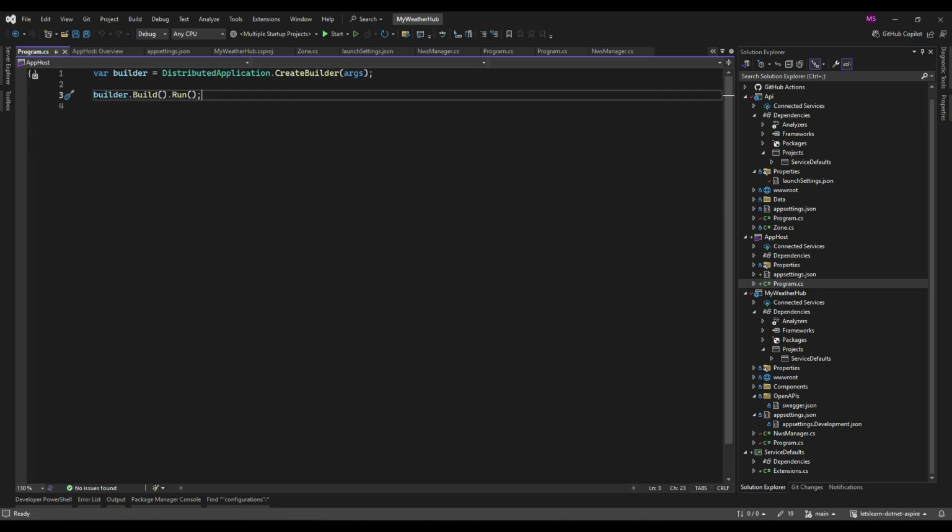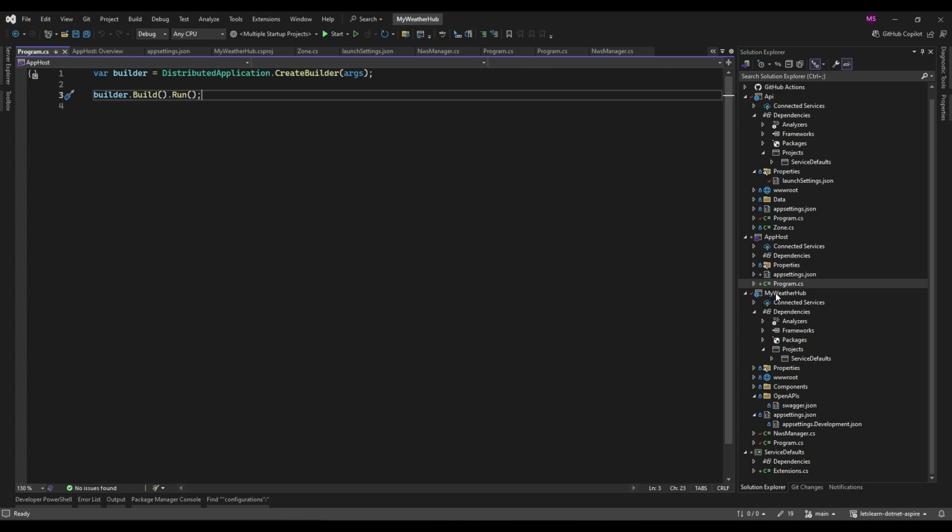This is the entry point where we orchestrate and define how our application system runs. Our application system right now doesn't know about our API or our website, so let's add them into our app host so that it does know about them. And we do it the same way we do other .NET projects. We add references.